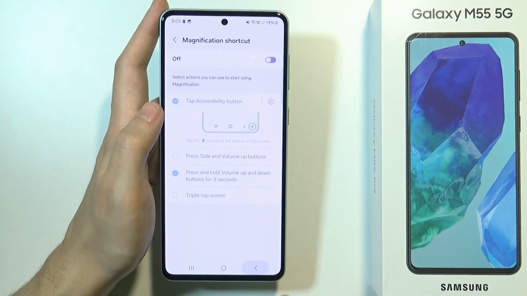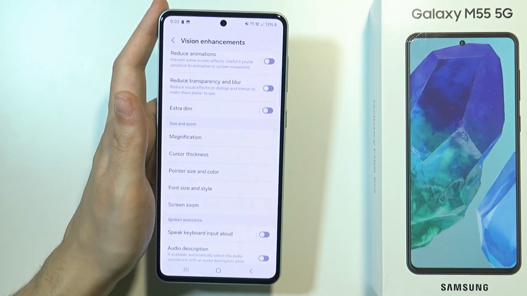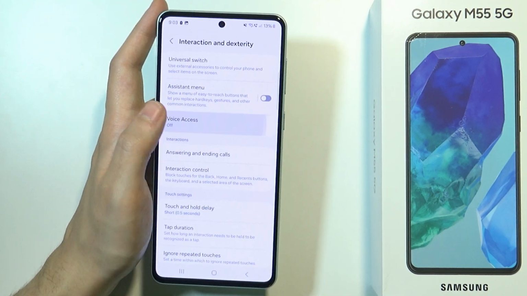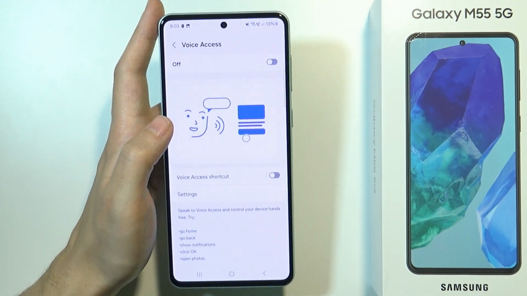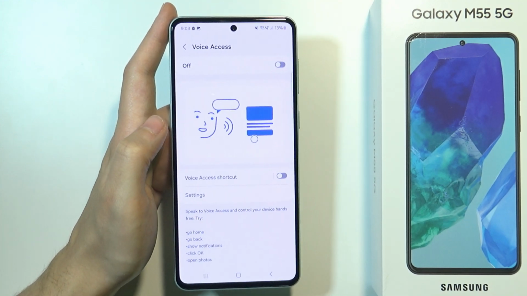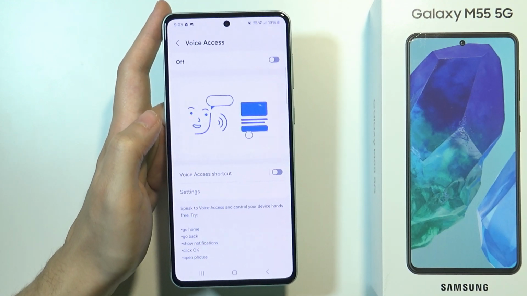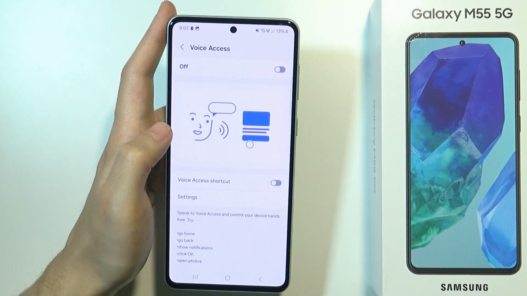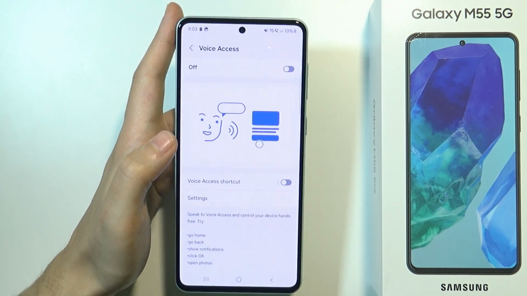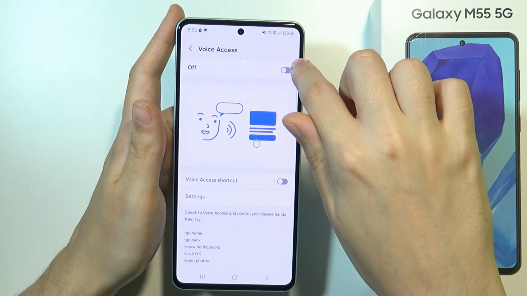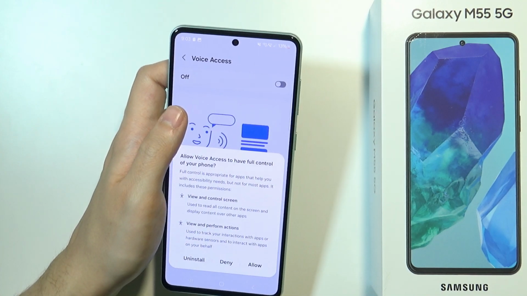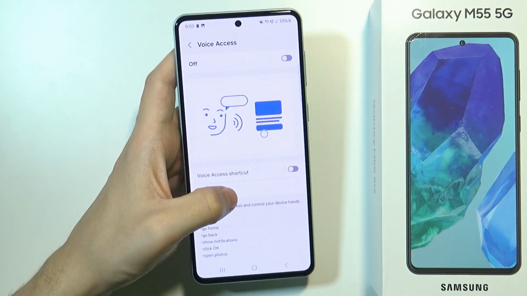The next thing is the voice access, and this time we're gonna go to the interaction and dexterity, and it is over here. So if you install voice access, because I think this option is not really available from the beginning, but if you go there for the first time, you should be asked to install an app for this feature, and then you can turn this on, and you can pretty much use your voice